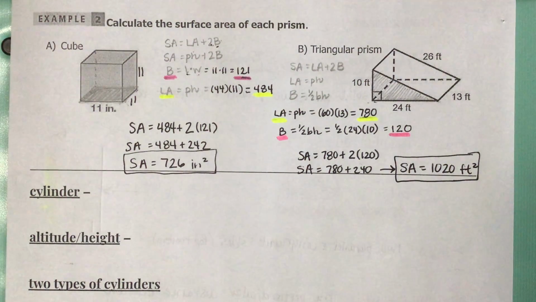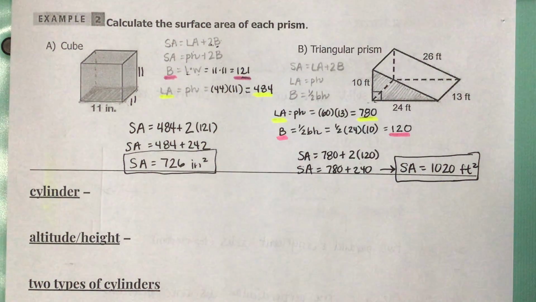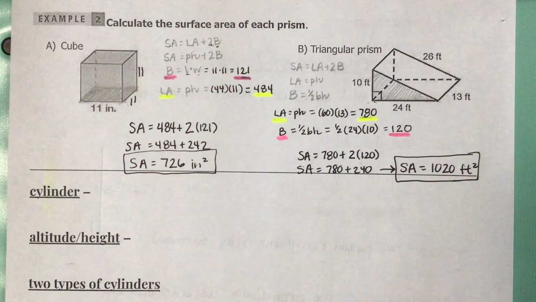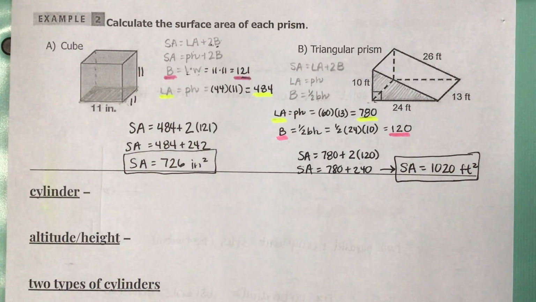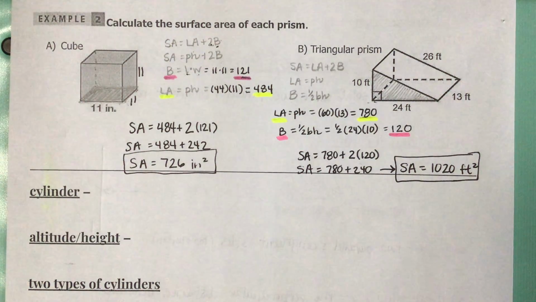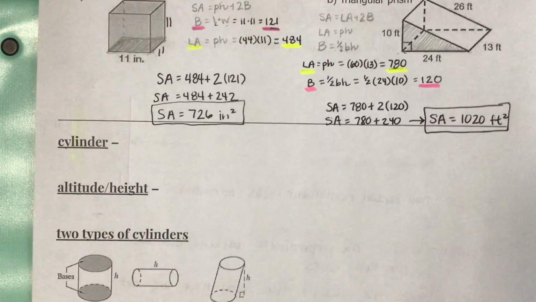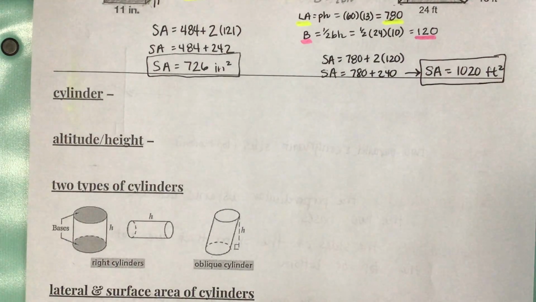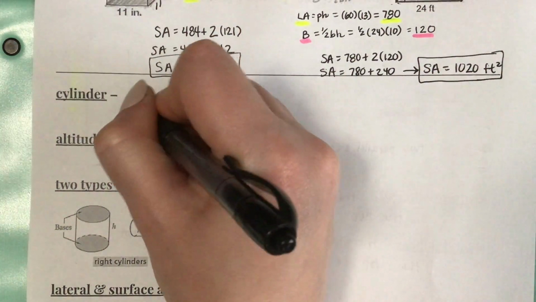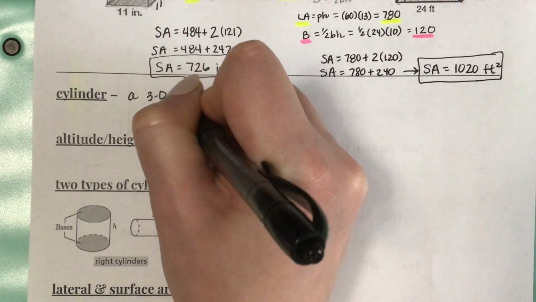Okay. So that's how you find surface areas of prisms. We do need to talk about cylinders real fast because cylinders are going to be a little bit different. They're really similar when it comes to the formulas that we use, but a cylinder is different because it has a curved edge rather than all straight edges. So a cylinder, you've seen them, like this would be an example of a cylinder or this, but just in words, how to describe it would be a solid, or a 3D solid, however you want to say it,